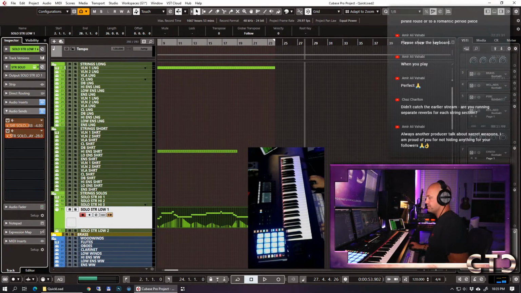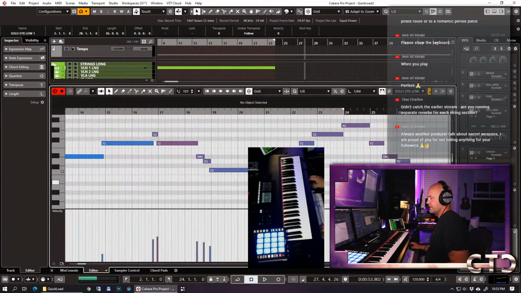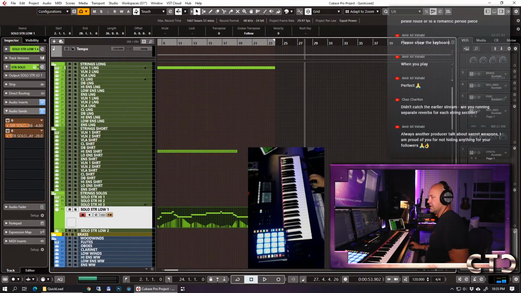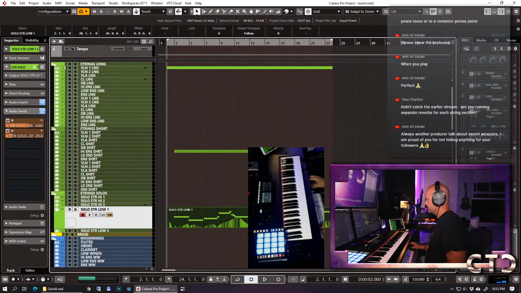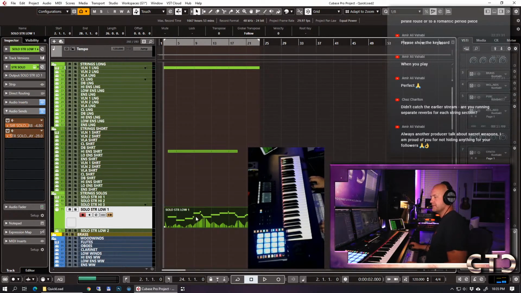So, a little bit of cello action there. Very improvised. And